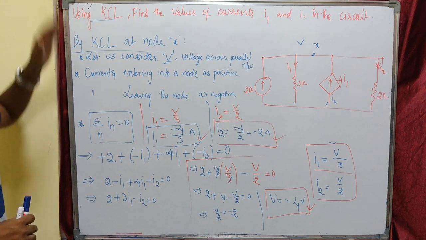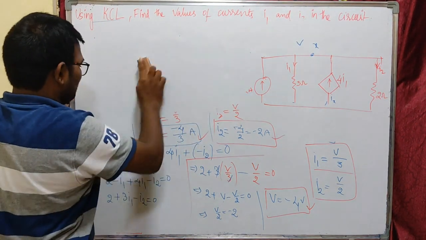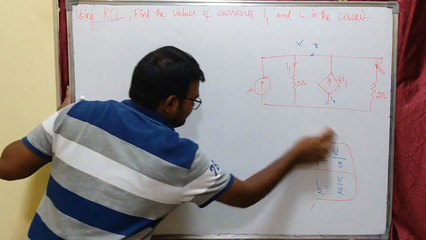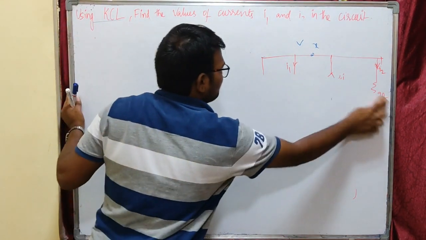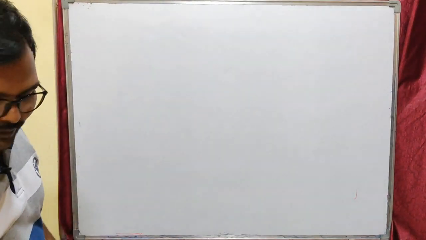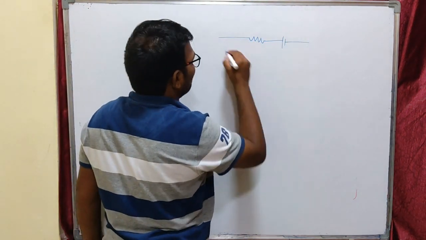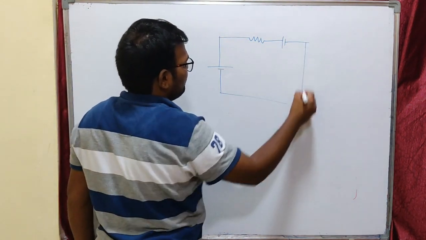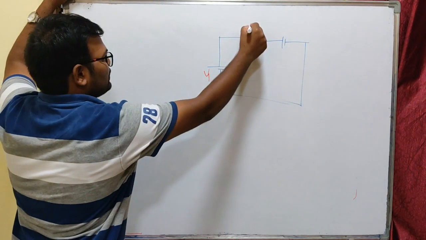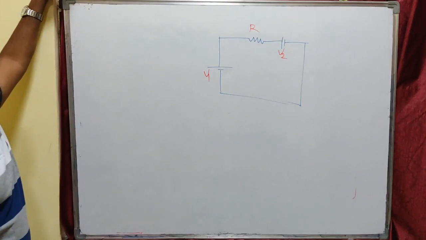If you have any doubt, actually there are some misunderstandings among you. I came to know that, so let me tell you something. Most of the people are getting confused while understanding the polarities in KVL. Here there are two things to remember. Let us consider this as V1, this is R, this is V2. These are independent voltage sources V1 and V2 and one resistor R.